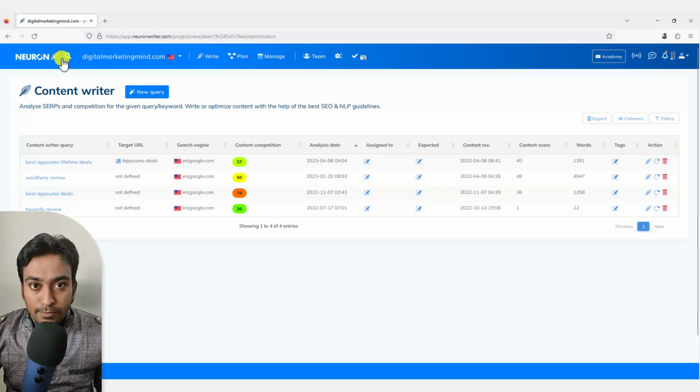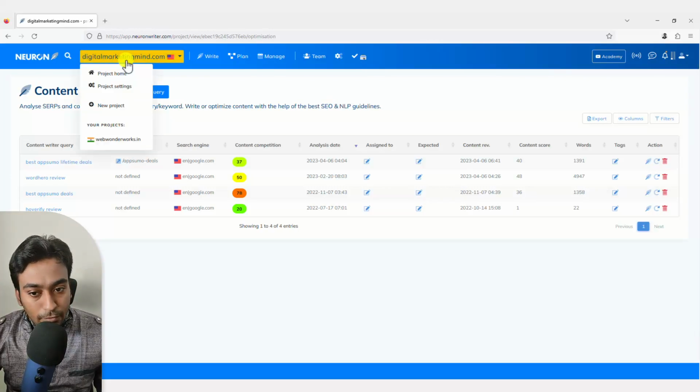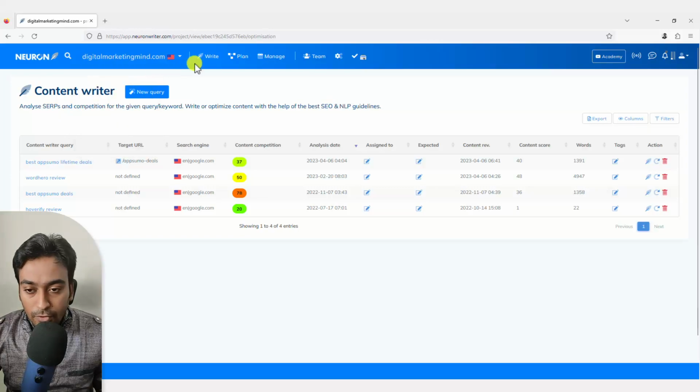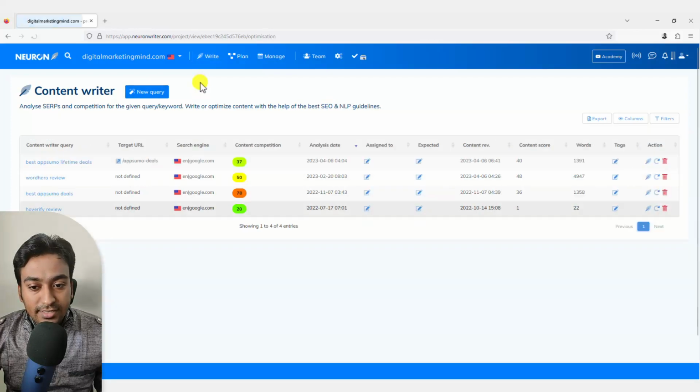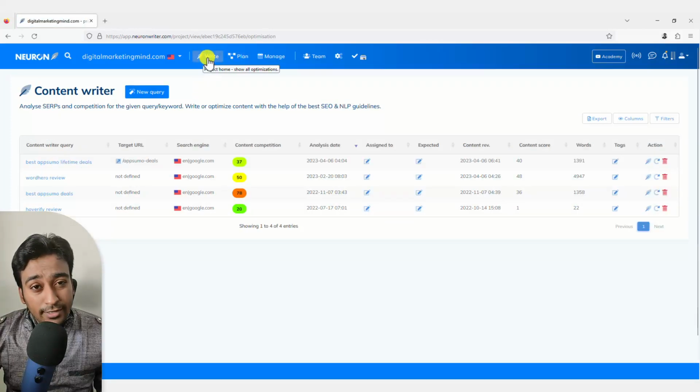First, I'm going to explain the menu bar. It comes with a basic option to choose different projects in case you want to navigate to a different one anytime. And the tool contains three main sections. The first one is called Write, which is exactly the screen you are seeing right now. It's showing the Write section. I'm going to explain this later, because most of the features and functionalities of this tool are within this particular tab. So let me quickly explain the others and come back to that.